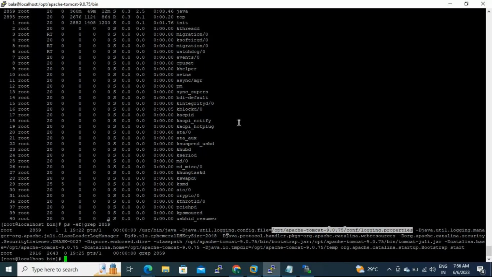Tell them this process ID is consuming more utilization, so we have to restart the JVMs, and we need their approval to restart it. Once they approve, you can go and restart it. Okay, now